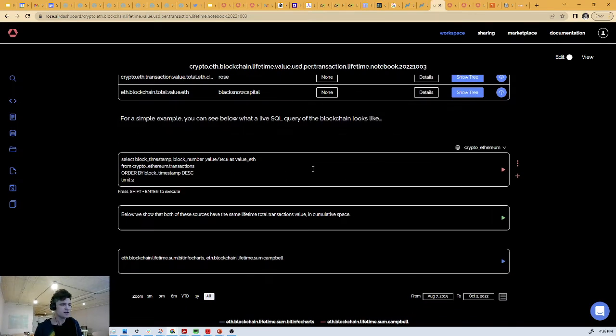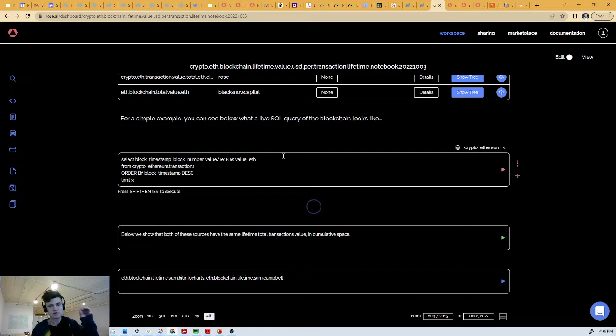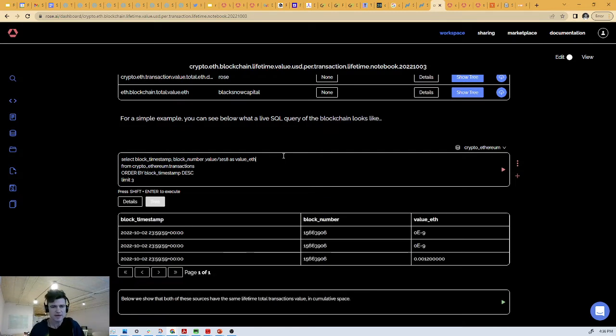This is a SQL block, and it's going to say select the timestamp, select the block number, and select the value, call that value F, from the table in the crypto Ethereum, what we call the ETH blockchain. We should probably rename that. .transactions, the table transactions. Order by block timestamp descending, aka give me the last